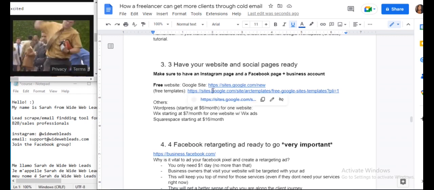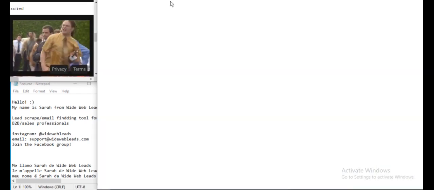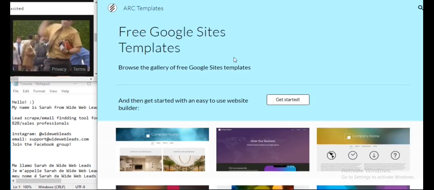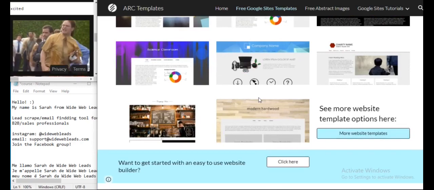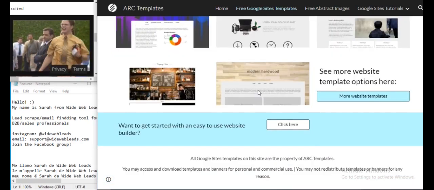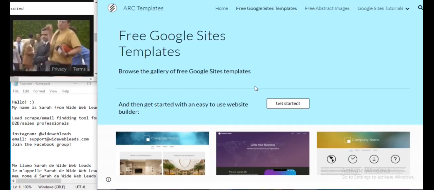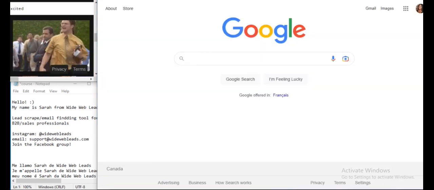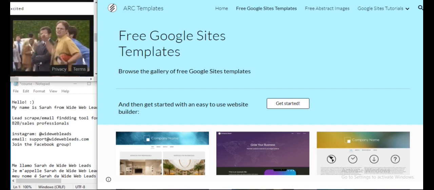And it's all free, and you can go to their templates page and just select the template that you like. They have so many different ones, and just know that yes, it is a very, very basic site, but if you need a website and you don't know where to go, definitely start with Google Sites.